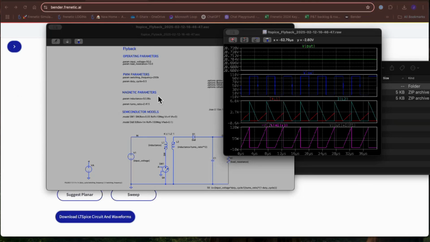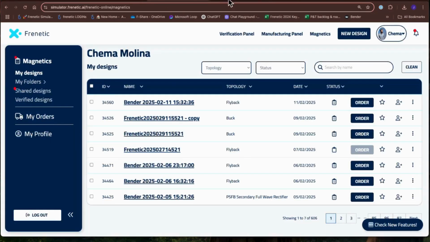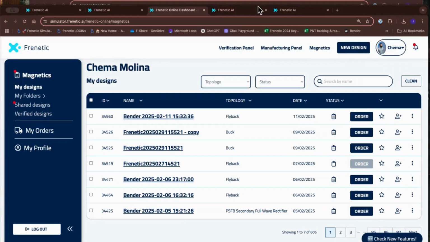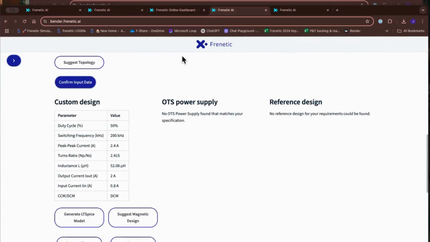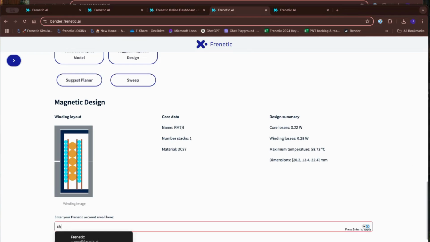So you can do this for any kind of topology or any kind of configuration. Once you have that, you can ask for a design of a magnetic, just not a planar, but a design of a typical magnetic. Also, just to go fast, I did it before. So here we have the design. This is the design automatically created by this tool. And then I can type here my account at